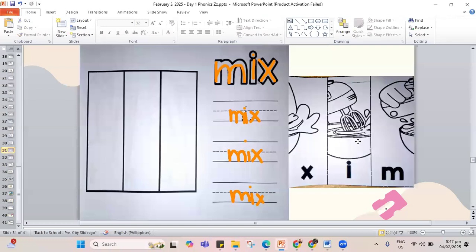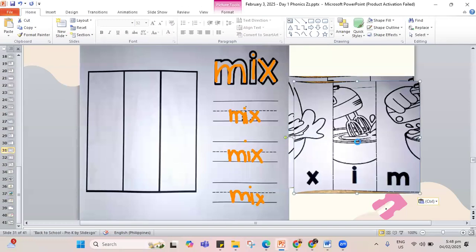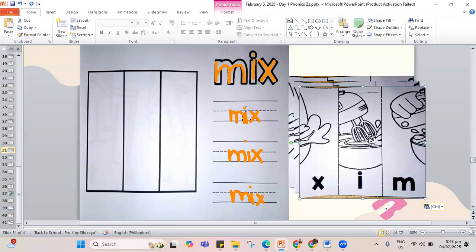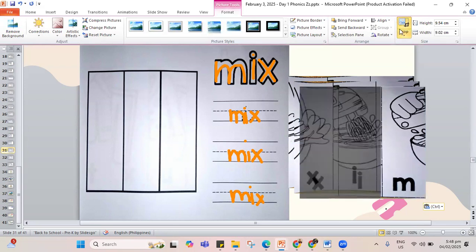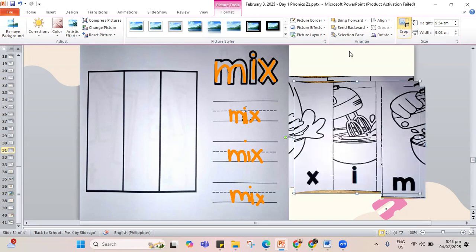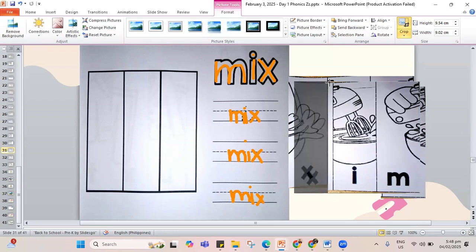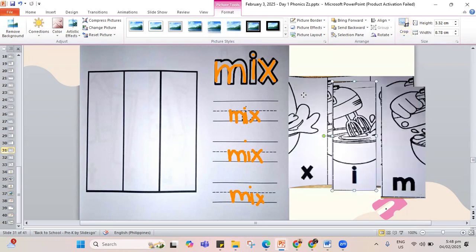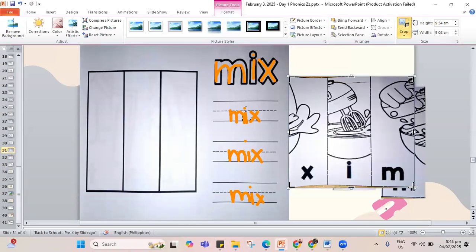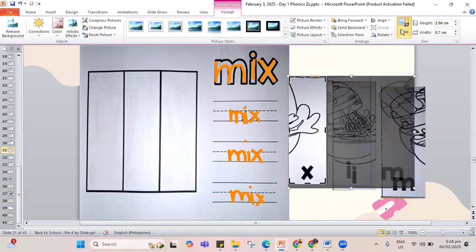Now for this one, let's fix our picture for mix. Mix has the sound in the beginning. So remember, these words, the ones that we're making in our booklet, are words that end with letter X. Remember, there are not a lot of words that begin with the letter X, but the words we have done for letter X have X in the middle and X at the end also.